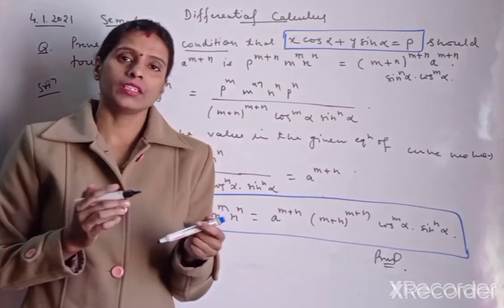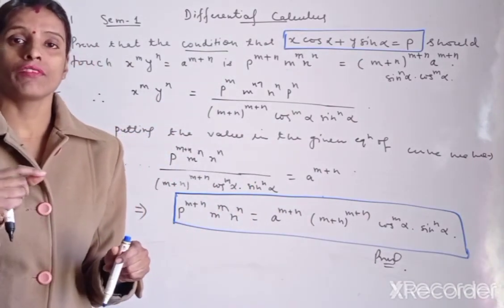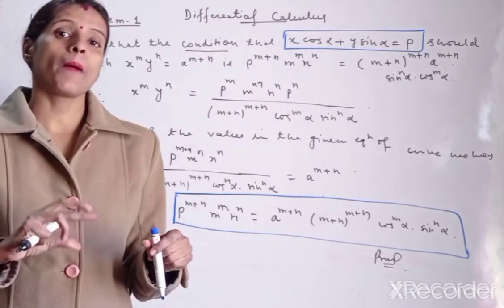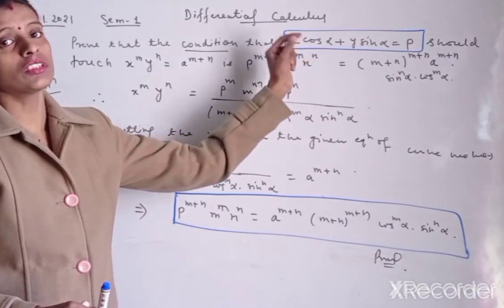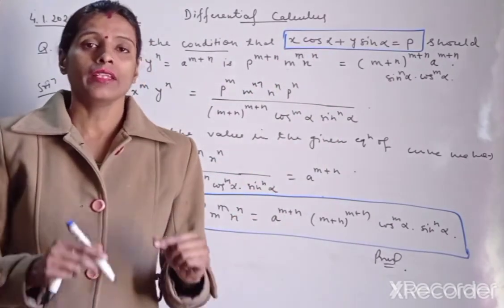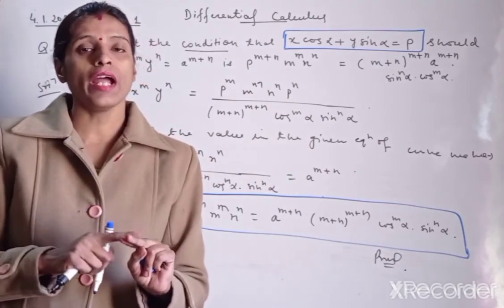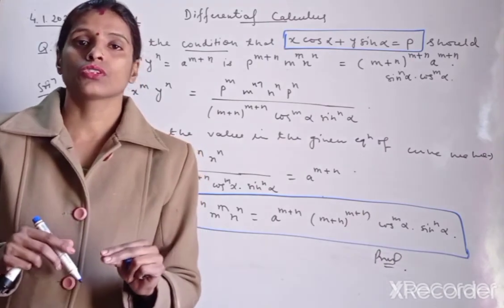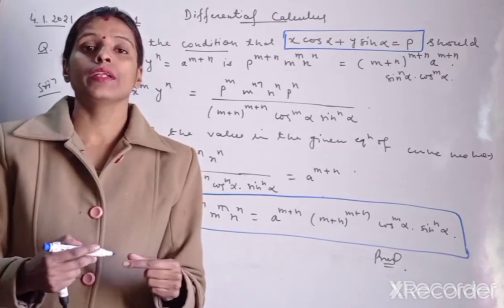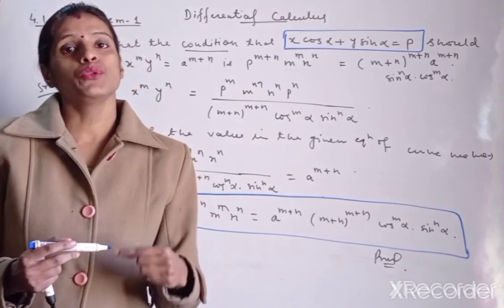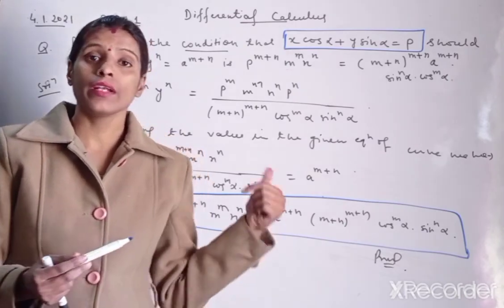Whenever this type of question is asked in your exam, first you find the equation of tangent, then you compare it with the given equation of the line, and then find the value of x and y. Thereafter you put that value of x and y in the given equation of the curve. If a point is given, then you apply that point in the equation of the curve, and put the value of whatever comes. I hope you all understand it very well.